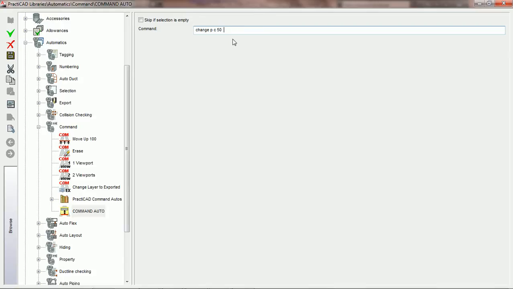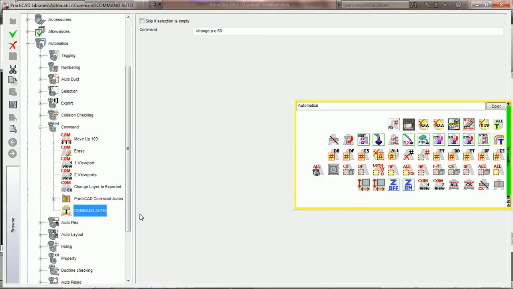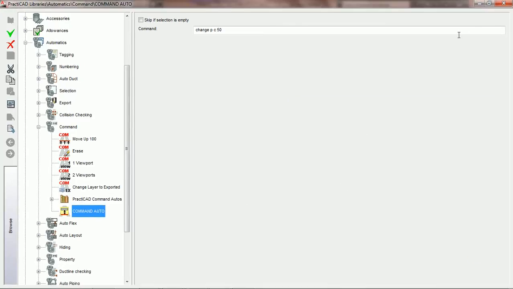So what we've done here is when we go to save this Practicad command auto and we run it, Practicad from left to right is going to type in all of these commands very quickly, and then AutoCAD is going to perform whatever function it was that we just told it to do. So in order to run this, we're going to come over here to the left where it says command auto. We're going to drag this into our bin. We held down with the left mouse button and pulled it in there, and we're going to exit out of